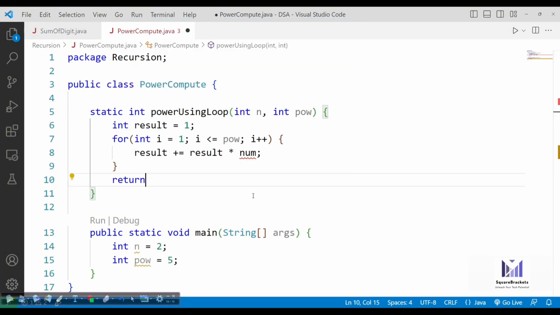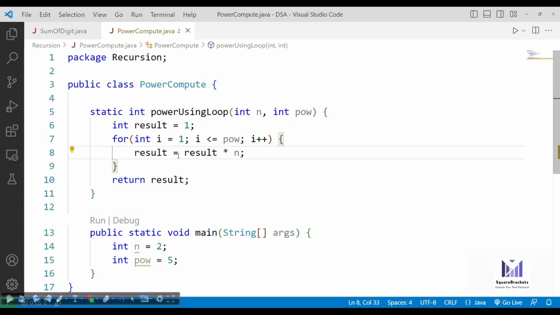And finally, you can return the result. Num means n. So what exactly it is doing: 2 into 2 becomes 4, stored in result variable. We don't have to add, so not plus equals, just result equals result into n. We keep on doing this, storing back to the result variable.